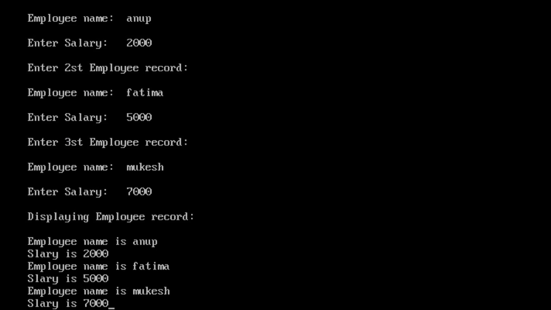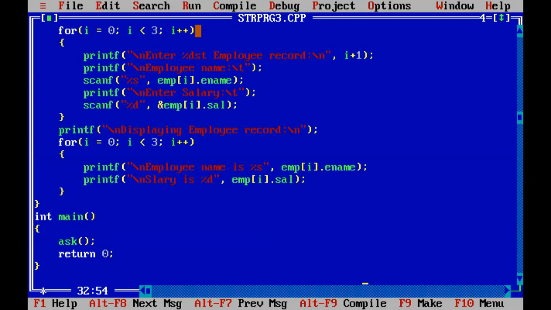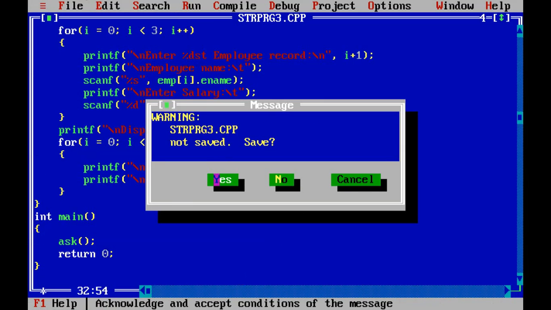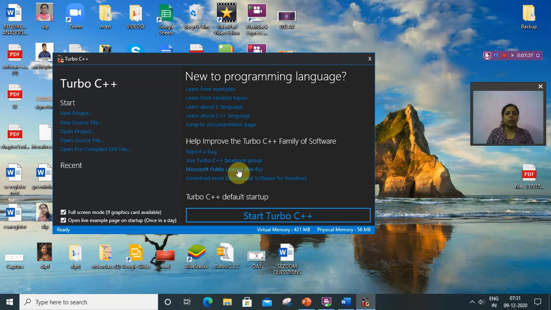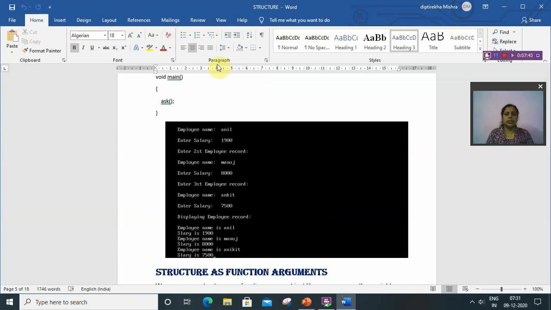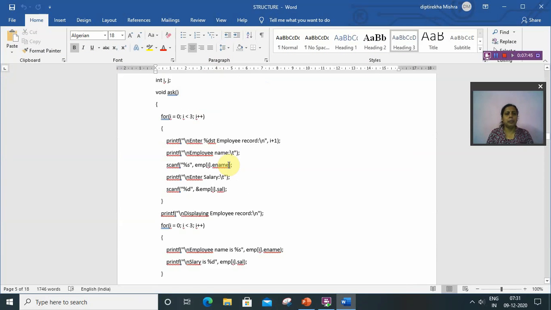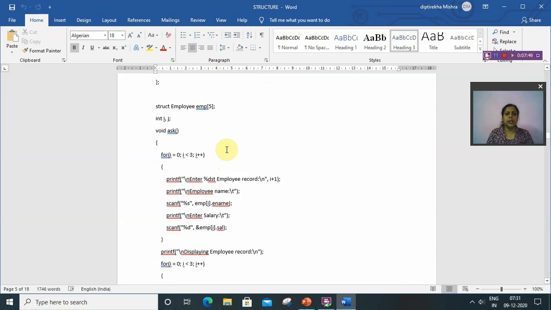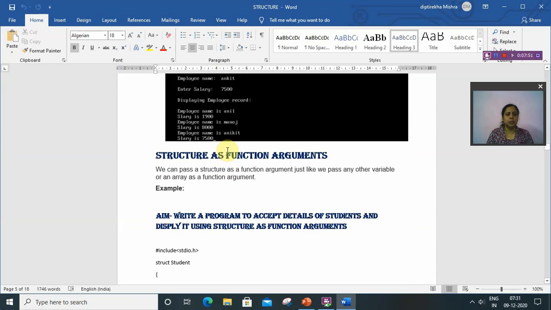So it will display the records. In this way we can perform array of structure. Then this is the output. So you have to write this definition, then this program and the output.